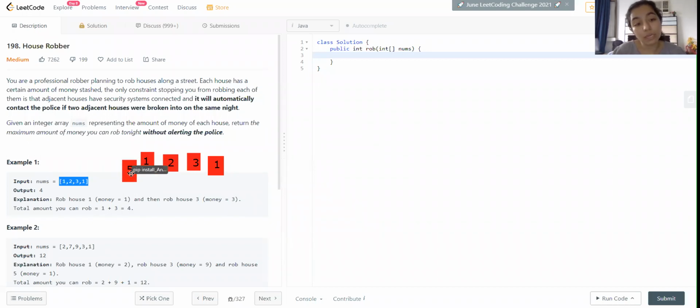If we had to rob this house, we wouldn't have robbed this house. We would have robbed this house and this house, as we cannot rob adjacent houses again. So to make sure this condition is always fulfilled automatically and we don't have to do it manually, we're going to check if the